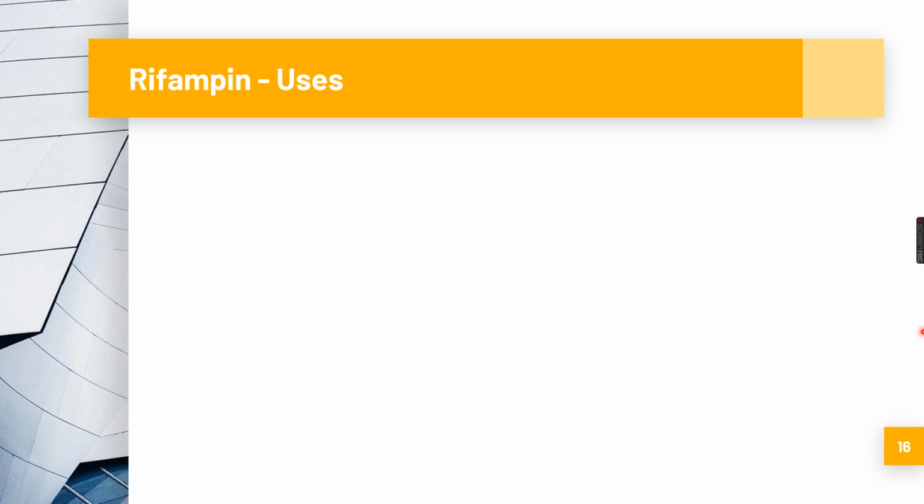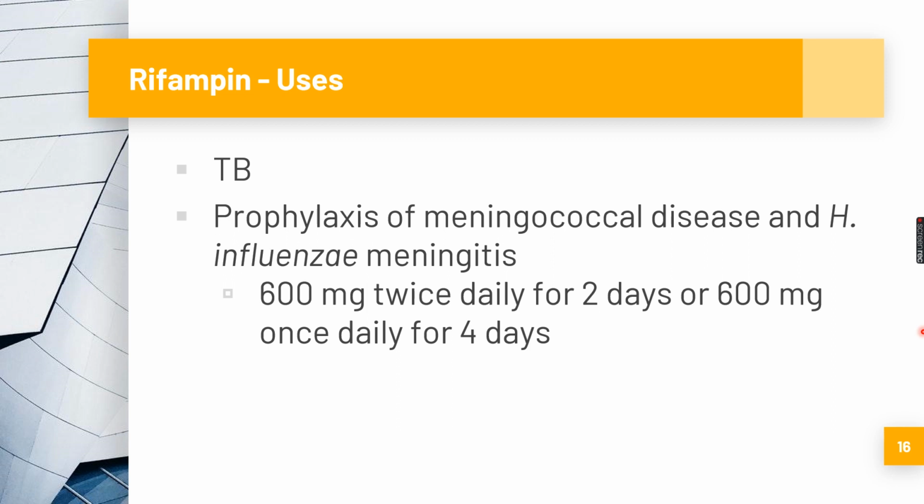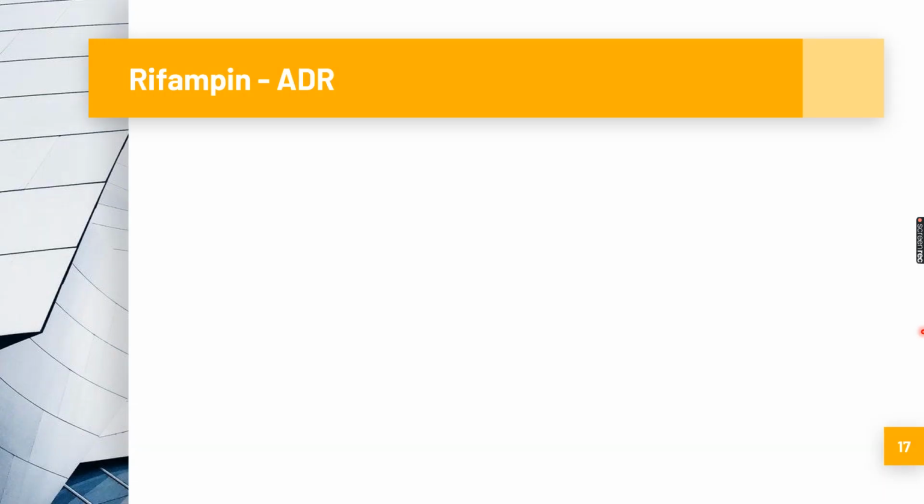Rifampin uses: of course, we are dealing with the drugs used in the management of tuberculosis, and rifampin is used in the management of tuberculosis. Apart from that, it is also used in the prophylaxis of meningococcal disease and H. influenzae meningitis. The dosage is around 600 mg twice daily for 2 days or 600 mg once daily for 4 days. When we talk about the adverse drug reactions of rifampin,